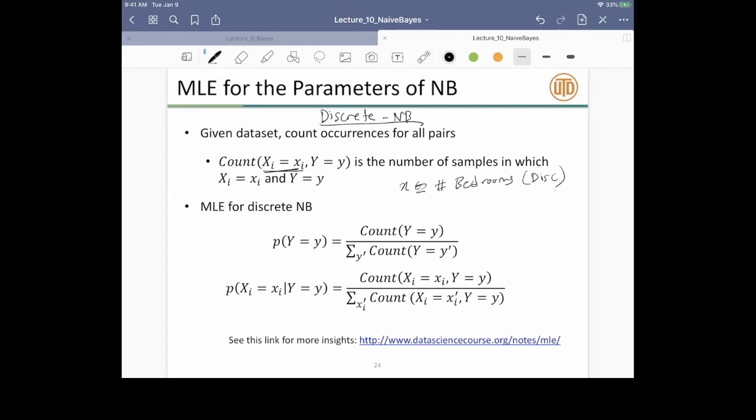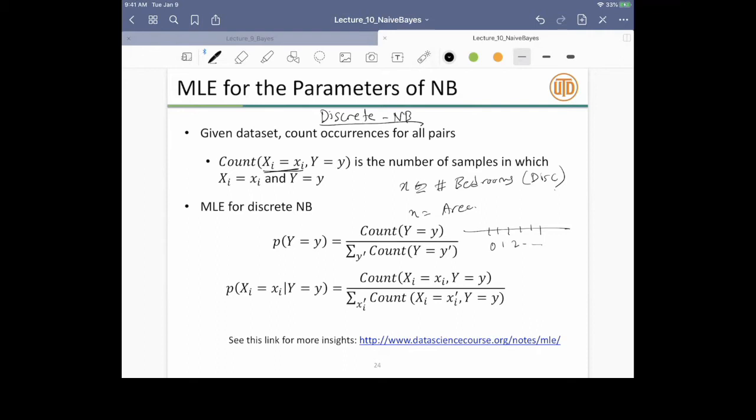But if x is equal to, say, the area of the home, then the area of the home is not a discrete feature. But what we can do is discretize this feature. We can divide this into bins. So we can say that if the area, for example, is less than, I don't know, 500 square feet, it is bin one. If it's 500 to 600 square feet, it is bin two, and so on and so forth. So we can discretize this into various bins, and then I have bin zero, bin one, bin two, and so on. So to really do naive Bayes, what we need to do with our features is discretize them. This is just an implementational detail, but I think it's important to understand this.